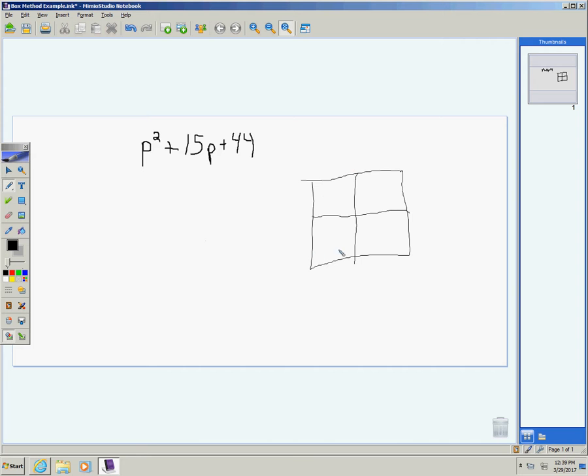And you're going to draw it with 4 squares. The first square is always going to have your first term. And then your bottom right square will always have your last term. And then what we need to do is figure out what goes in these remaining 2 squares. The way we do that is by finding factors of 44, or our last term, that will add up to be